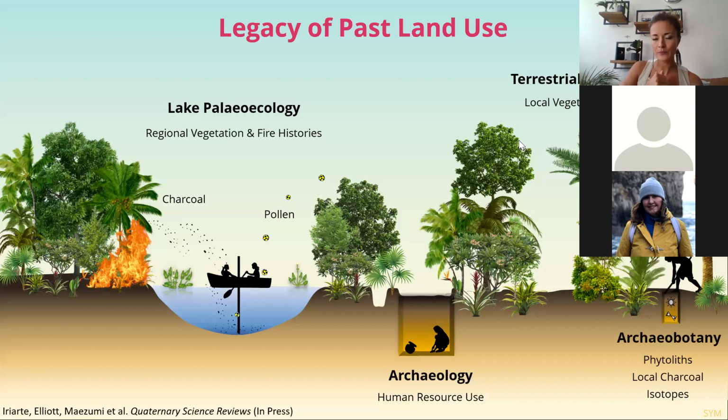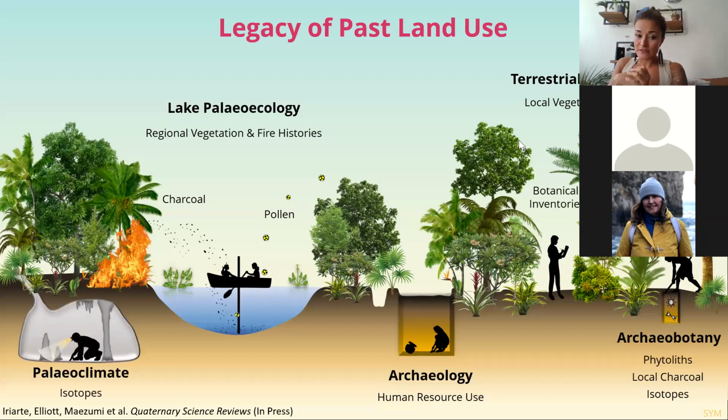And phytoliths, these silica bodies from plants, preserve really well in dry soils. They tend to be quite heavy and deposit in situ. So pairing phytoliths with pollen winds up giving us a really nice spatial comparison between more regional representation of vegetation with more local, in situ deposition of the phytoliths. Now, that gives us a nice picture of the ecosystem, what humans are doing on the landscape. And lastly, we add in the